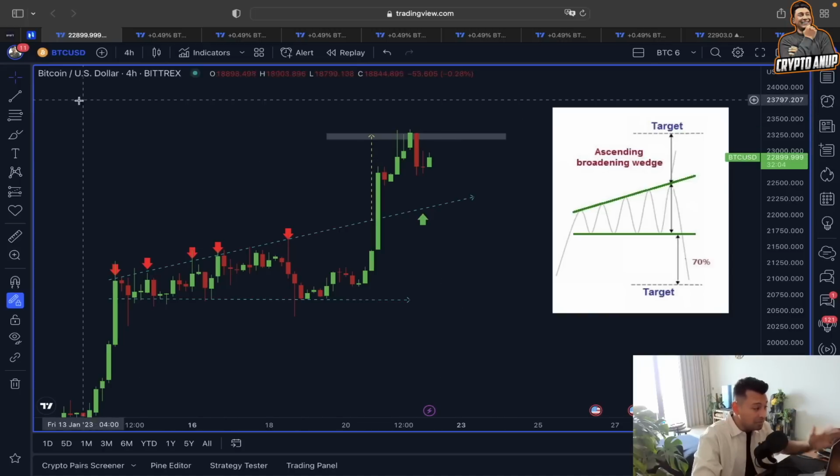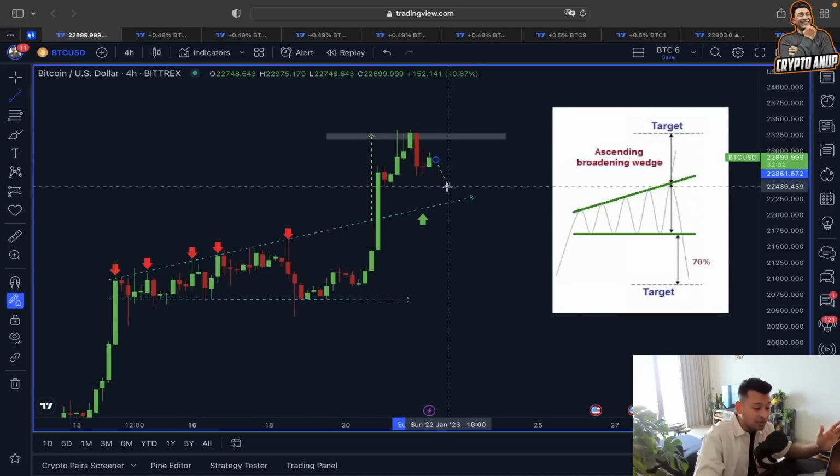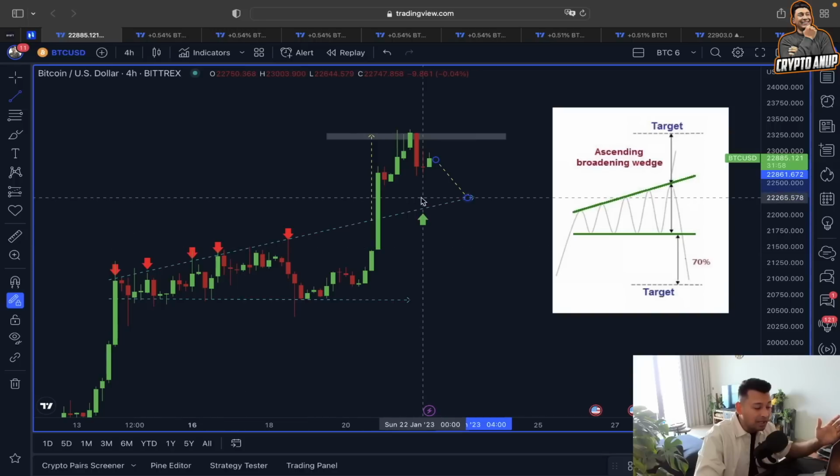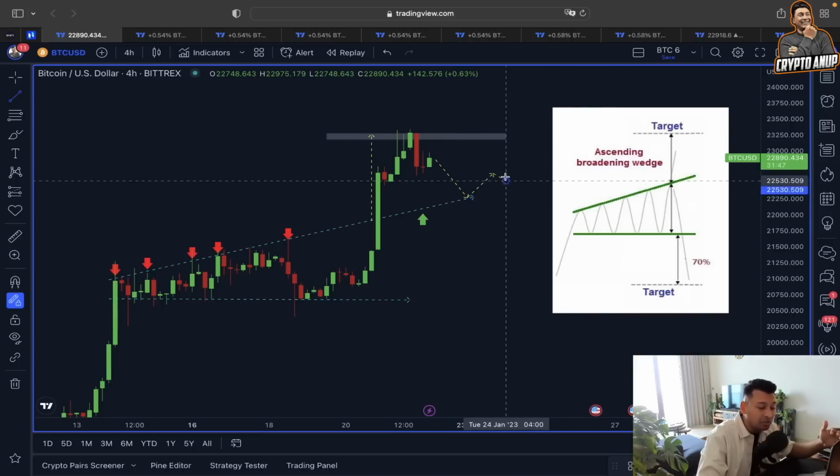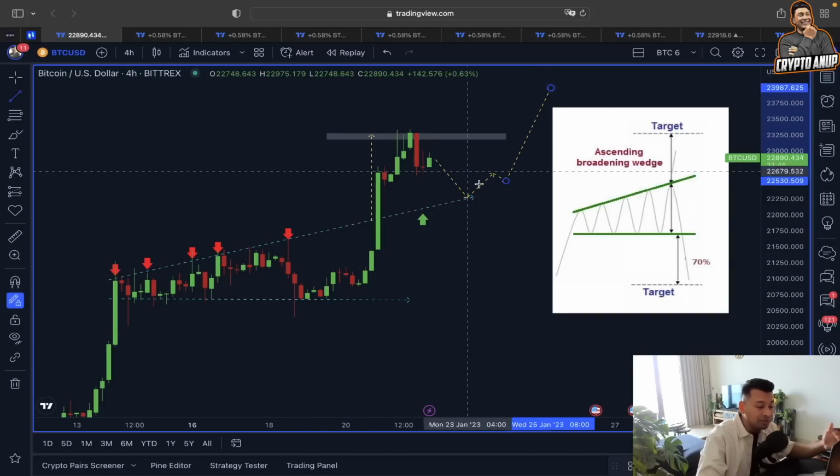So we know in the medium short term, even if the price is going to fail to continue this uptrend, we know this exact line, the upper line, which played out as a very important line of resistance, is going to be acting as a very important line of support around the 22,000 range, and we are still expecting the price after that to continue this uptrend, even though this ascending broadening wedge scenario has already played out.